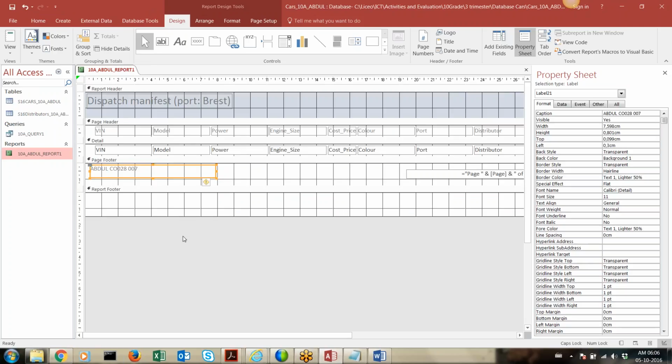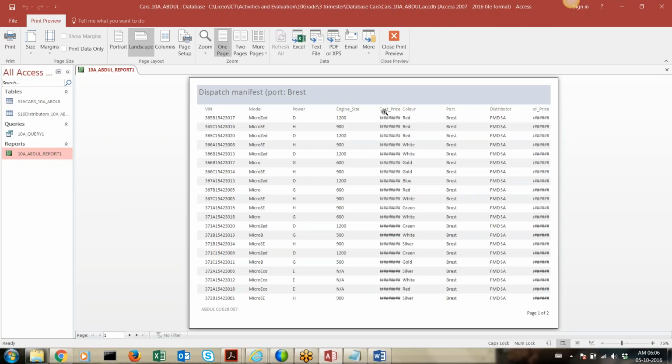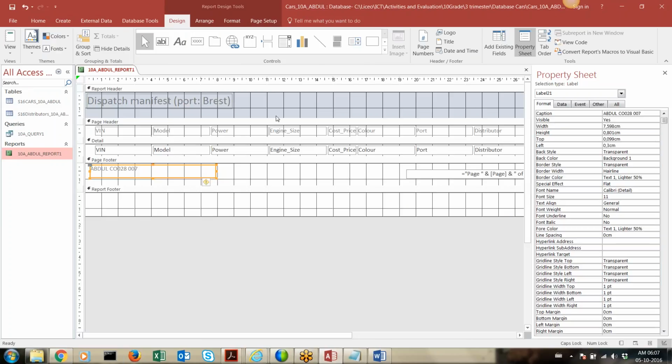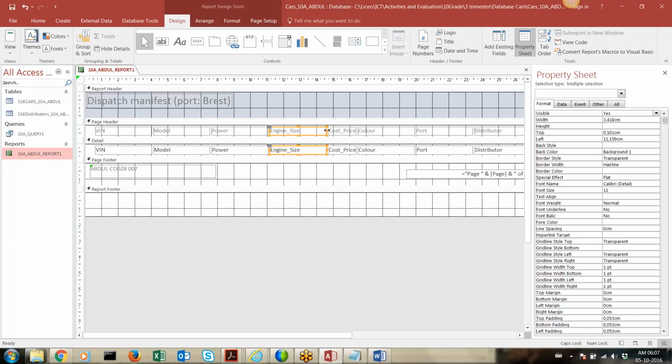Now close the print view, go back to the design view again. Now if I go to the print view again, all these fields, that is the cost price and the delivered price, don't have sufficient space. So I'll have to fix those fields. So I will close it. Here, select both like this, and start reducing the space for the engine size and start giving space for the cost price. So I will select both and shift left like this, and I will expand this together,